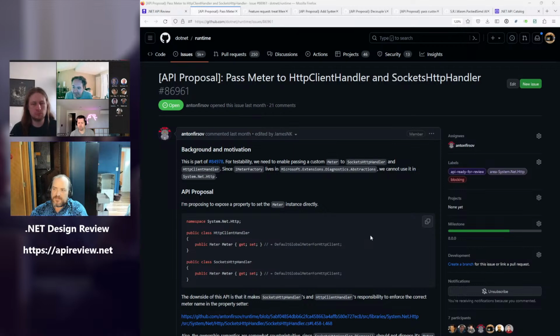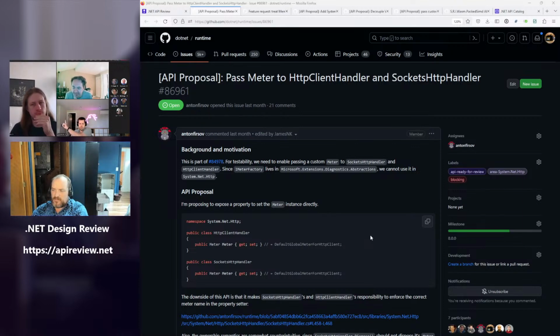I mean, literally Redis is the exact same thing. It just doesn't speak HTTP, right? Well, it's tied to a specific backend. It's a specific thing. It's a lot less general than HTTP client and HTTP client handler, whereas we're building something here that is the most general possible client on the internet.